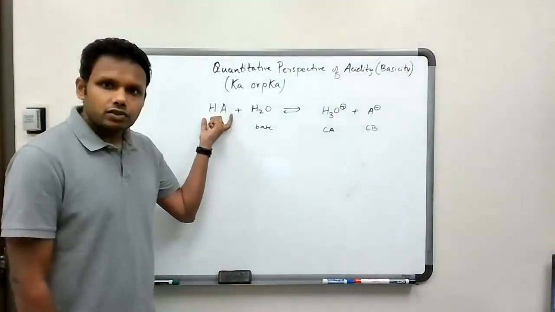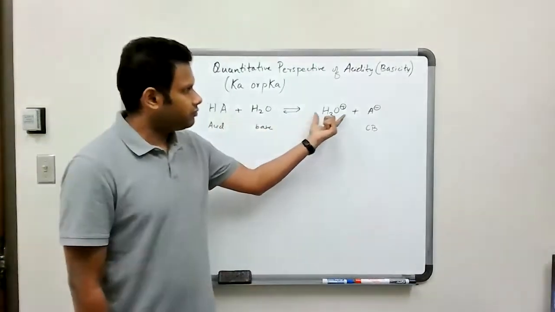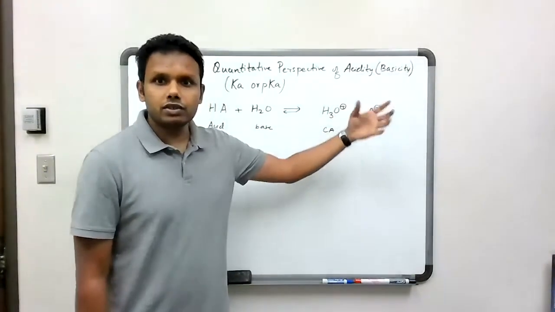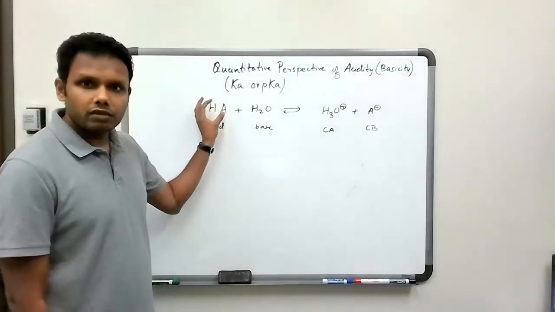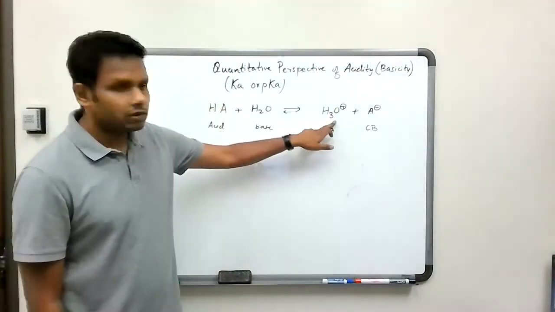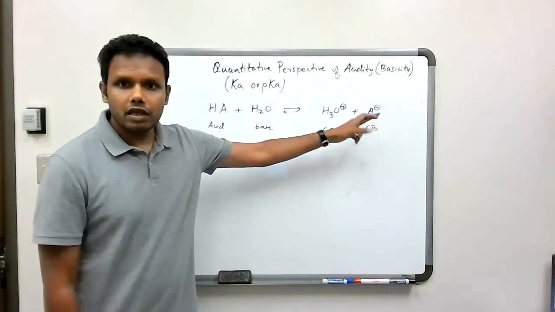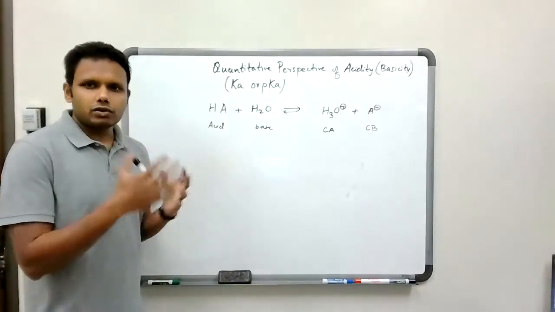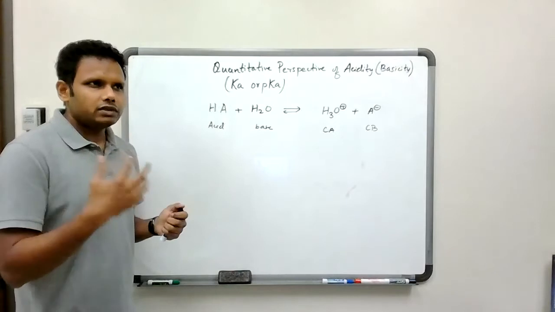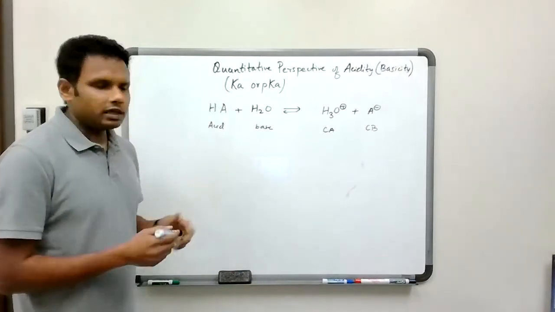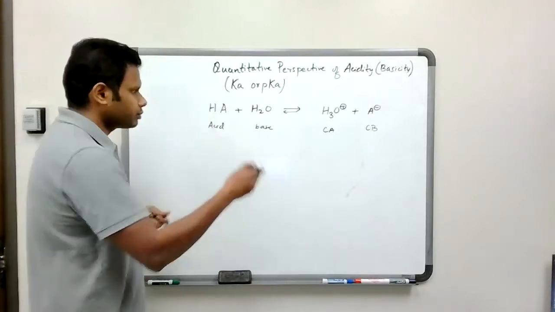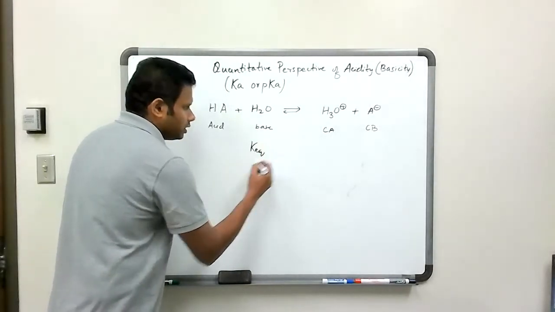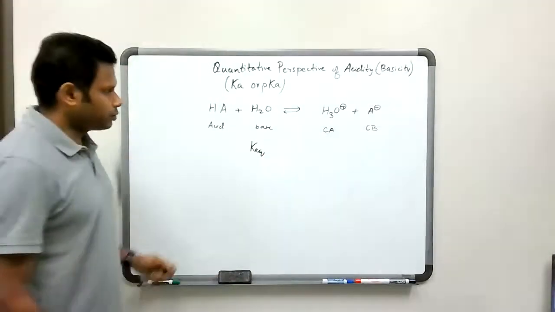So if HA is a strong acid, what that would mean is that we would generate a lot of H3O plus, and we would generate a lot of the conjugate base also, because this is donating protons. Once it donates protons, we generate H3O plus and A minus, which is the conjugate base. So that is how we would think about a strong acid versus a weak acid. A strong acid should be able to generate a lot of protons. Now, quantitatively,